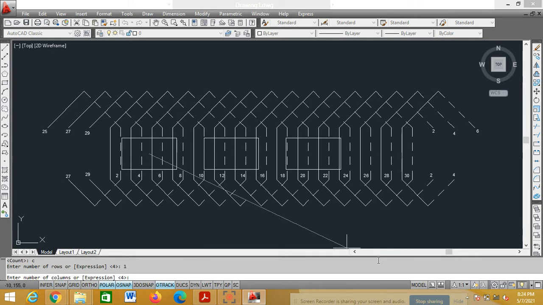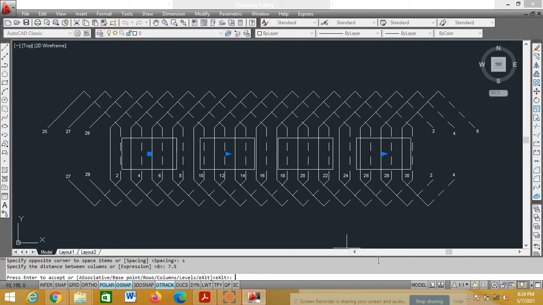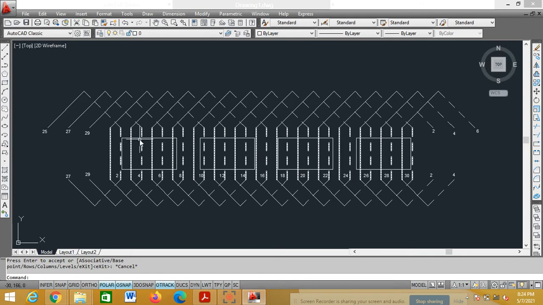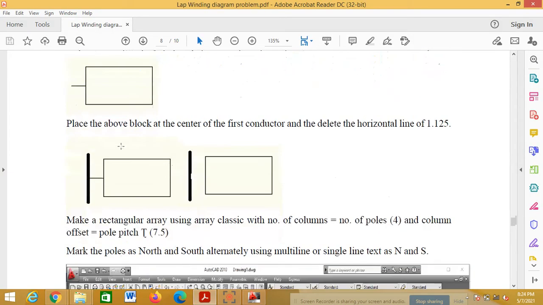How many columns? 4, enter. Spacing, yes, enter. What is the spacing? 7.5, enter. Now I'll get 4 poles. Press escape or enter. You got the 4 poles. North, south, north, south. See here.